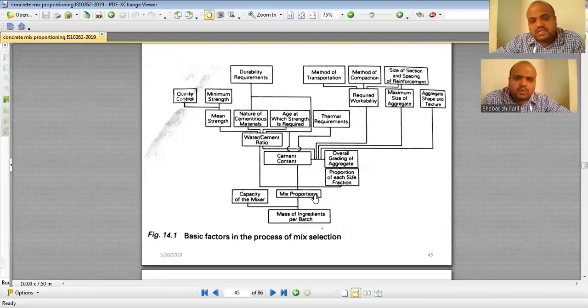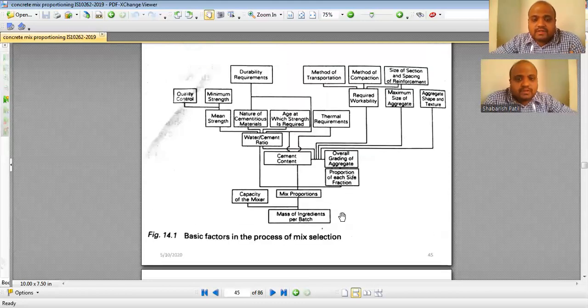So mix proportion is not just about giving a proportion as 1 is to 2 is to 4 or some numbers. It's way beyond that. We have to study scientifically to achieve our mix proportion. As and when you keep on practicing with mix proportion, it becomes an art. You could, just by having a glance at the type of cement and aggregates, give a mix proportion of the required strength. But still, there are various possibilities of mix proportions, and obtaining a very economical mix proportion among the many is very important.